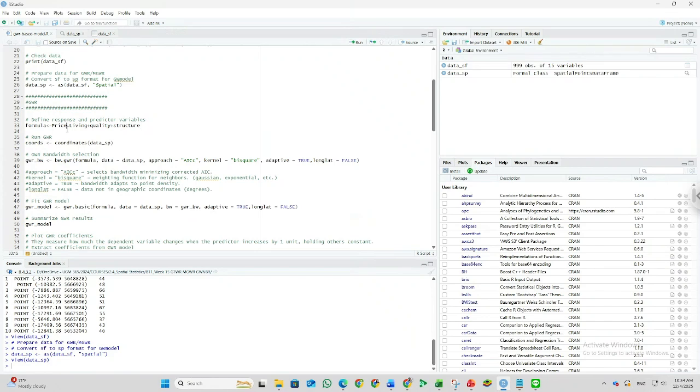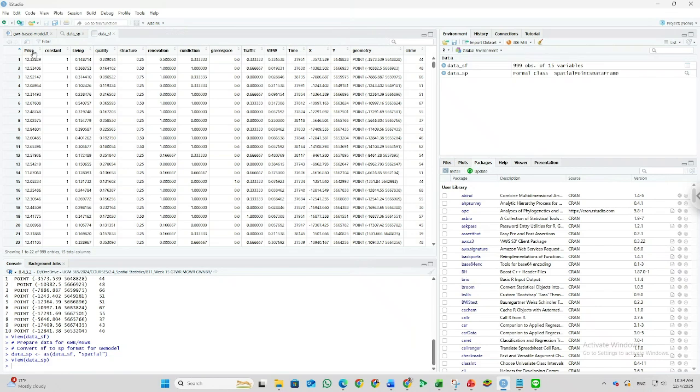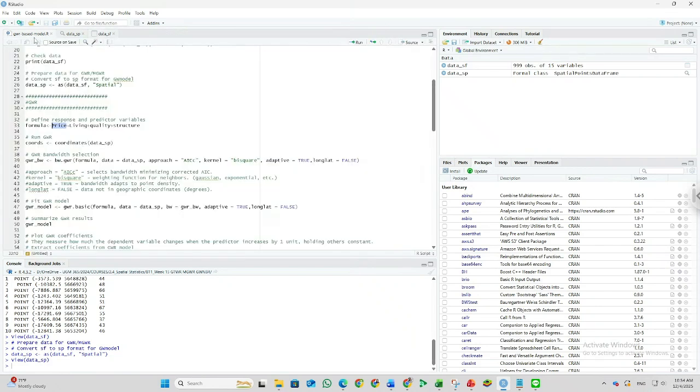This price is based on the column here. This is the column, and this is the dependent variable. The dependent variable is the variable that will be calculated using our model.